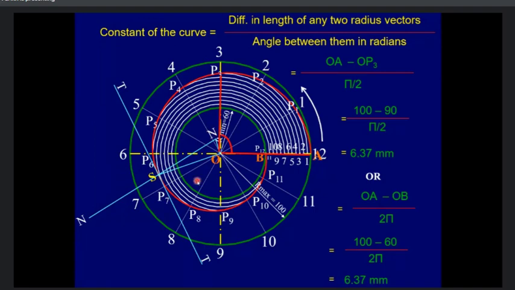Any questions, queries? Yes. Sir, instead of this ON line in the upward direction, can we draw it in the downward direction? That is a good question. So you are awake, meaning nobody else asked. It is a very good question, that can't we draw this ON in the downward direction?